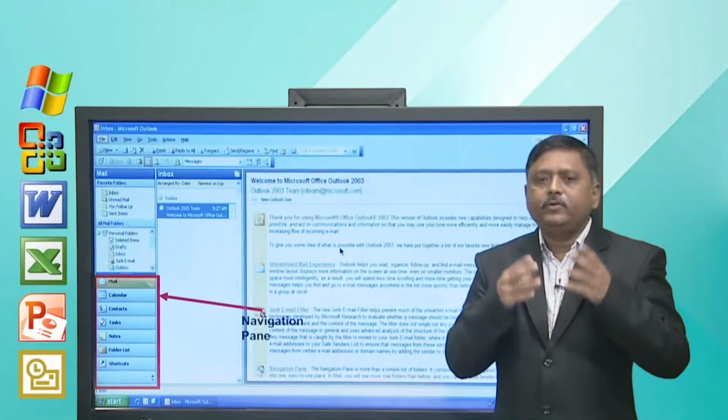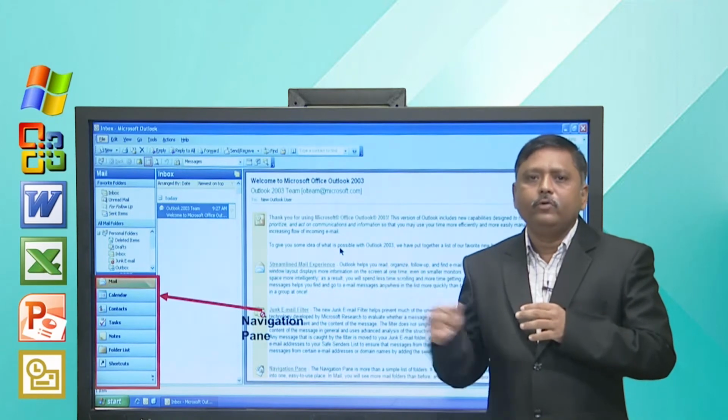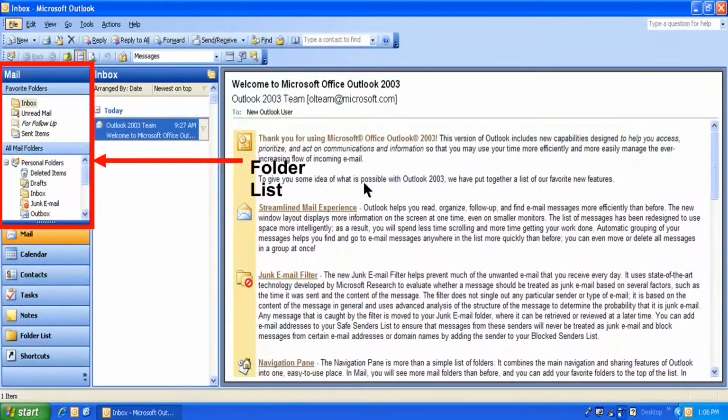By using this navigation pane you can quickly switch between different views, and then comes this folder list. Now, Microsoft Outlook provides you the facility for creating folders, and inside a folder you can place mails related to a particular source. So, this is the folder list.